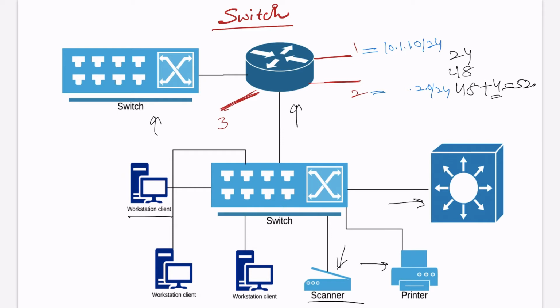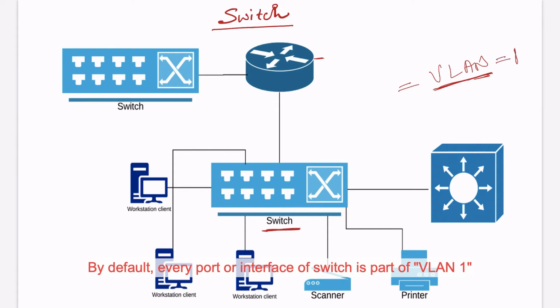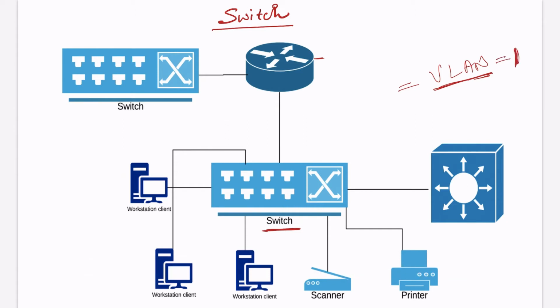If the requirement is that there should be common network for all of the devices, then what you will do? It is not possible in router. So you have to use a switch. Like in this case, I have a switch wherein I have connected 5 devices. So by default, all of the ports of a switch will be in VLAN 1. VLAN means virtual LAN. It's a kind of broadcast domain. But switch has a functionality with which we can create logical LANs known as VLANs, virtual LANs. But first thing, just understand by default, every port will be part of VLAN 1. That would mean you can have a common segment for all of these devices.